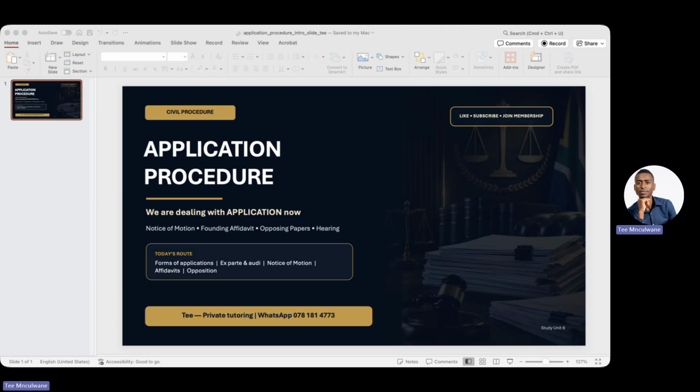In a High Court application on notice, every person who has a legal interest in the matter must be cited as a respondent. Why? Because if the court order may affect someone's rights, that person must be before the court, right? So let's give an example. If you are applying for an order affecting property jointly owned by 3 people, you cannot cite only one person and ignore the others. The other owners may have a direct legal interest as well. So they must be joined so that the court does not make an order behind their backs.